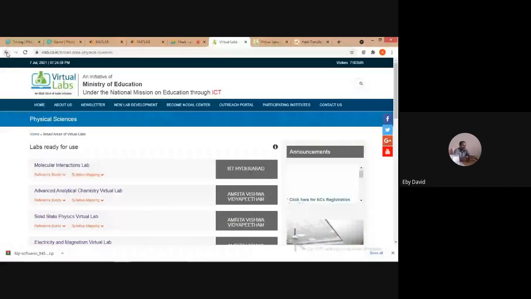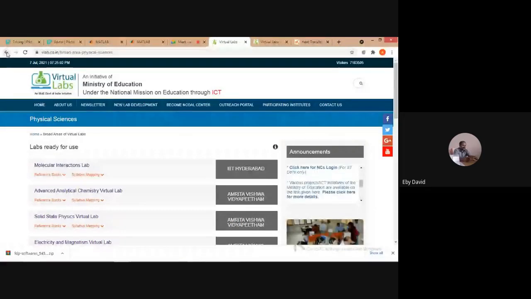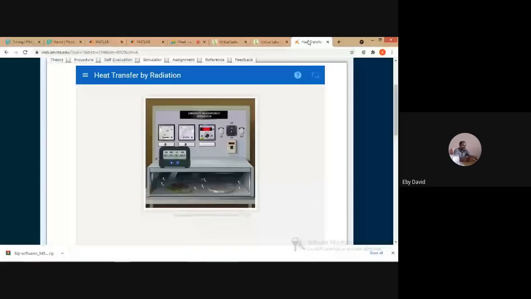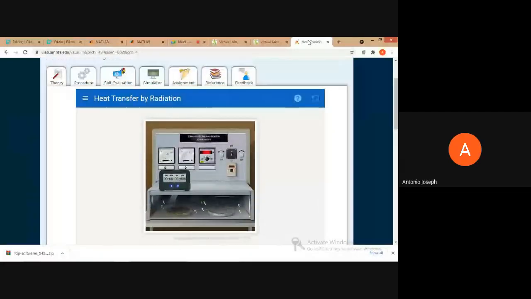Sir, do you have any particular experiment that you can show here dynamically? Yeah, obviously. Just check up in the virtual lab. Can you run any one experiment so that they'll get an experience of how it looks? Yeah, a very simple experiment. Yes, some heat transfer, a heat transfer by radiation. Can you show how the value is changing and all those things? Yes, sir, I will show how we'll be able to conduct the trials and take out the readings. Okay, sir.